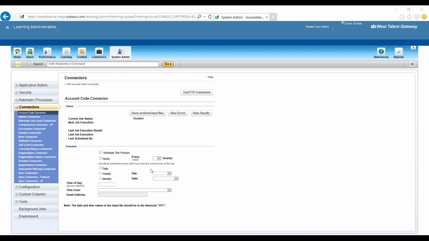So what happens in the connector? Let me open that image once again.